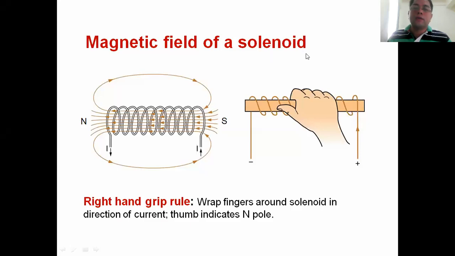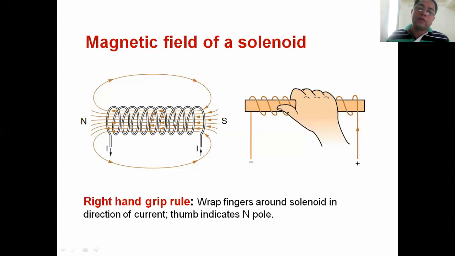Here is the solenoid that we have. If this is a winding of wire and we try to count the number of windings, this is 1, 2, 3, 4, 5, 6, 7, 8, 9, 10. It seems that there are 10 loops or 10 turns. And once the turns of wire are stretched, then we can let the current go through